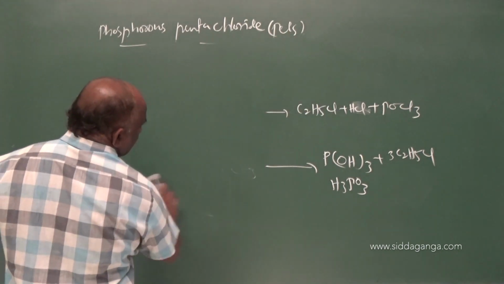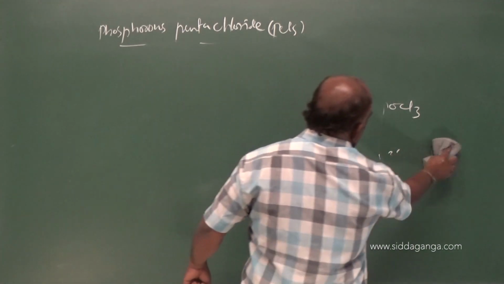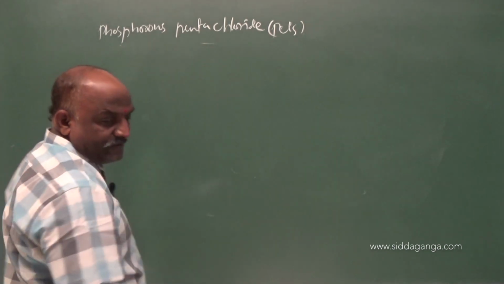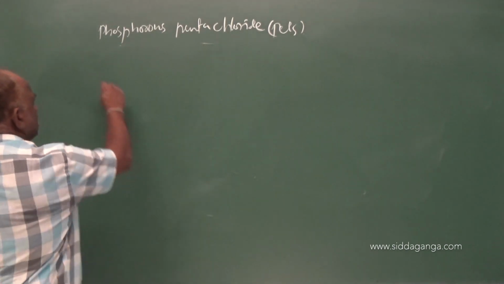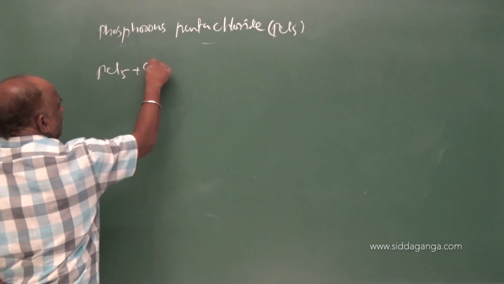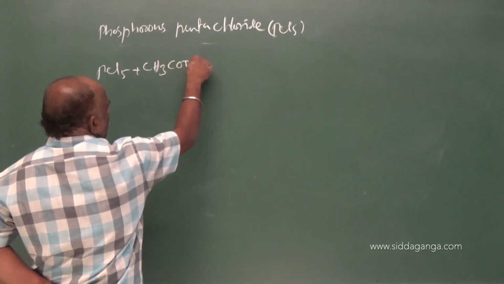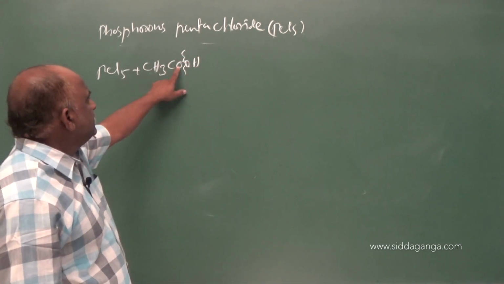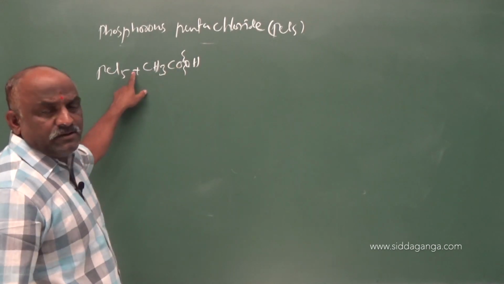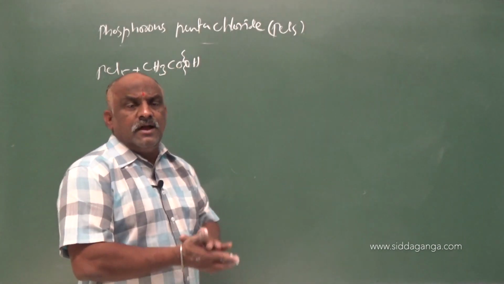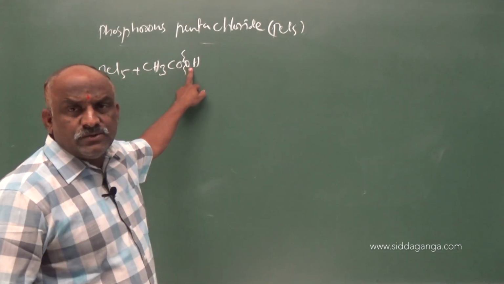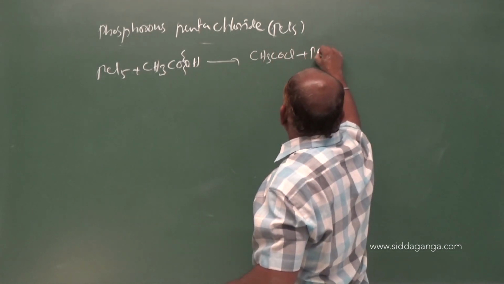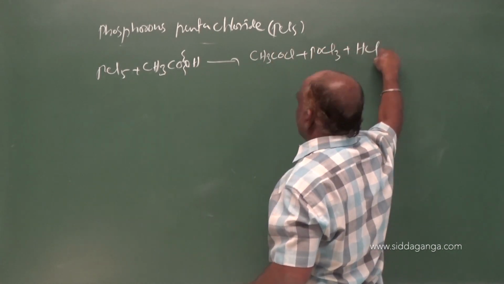After that we will discuss oxy acids of phosphorus. That will be the last topic in this 15th group elements. Here one more reaction is there: PCl5 plus CH3COOH. Break this bond, H requires 1 Cl, HCl; CH3CO requires 1 Cl, CH3COCl. What is left here? PCl3 will be left, and that PCl3 combined with oxygen gives rise to POCl3. So the answer is CH3COCl plus POCl3 plus HCl.